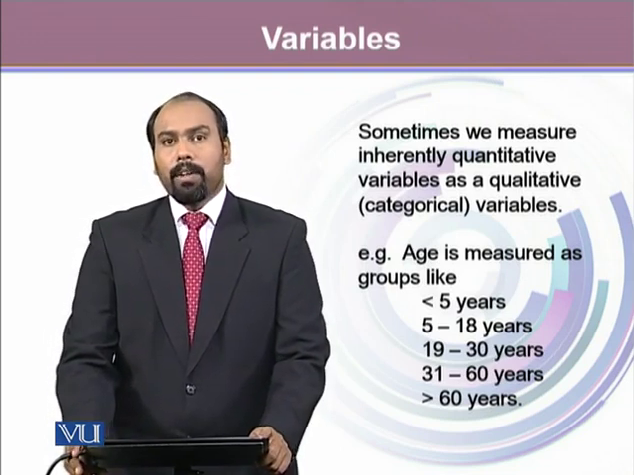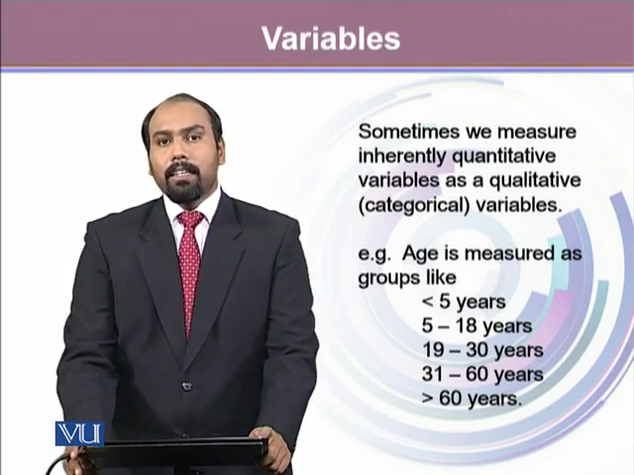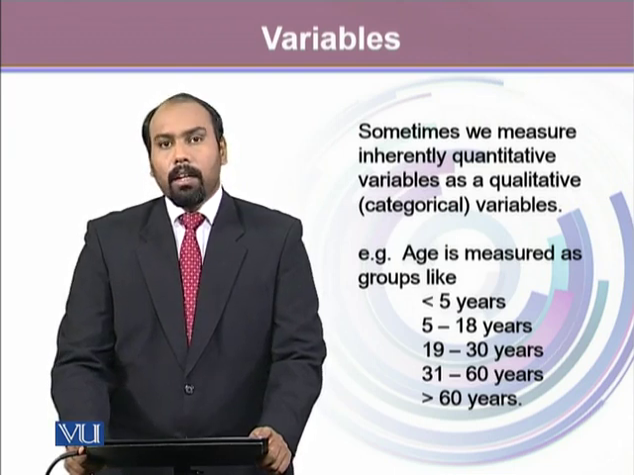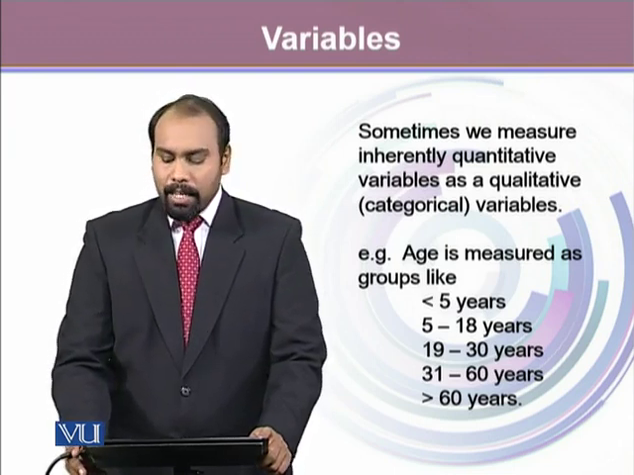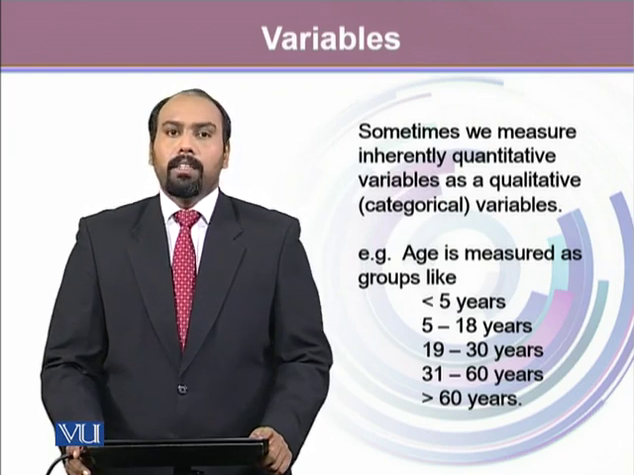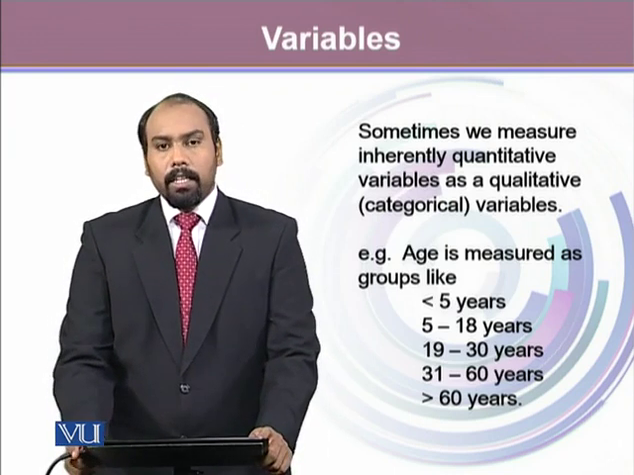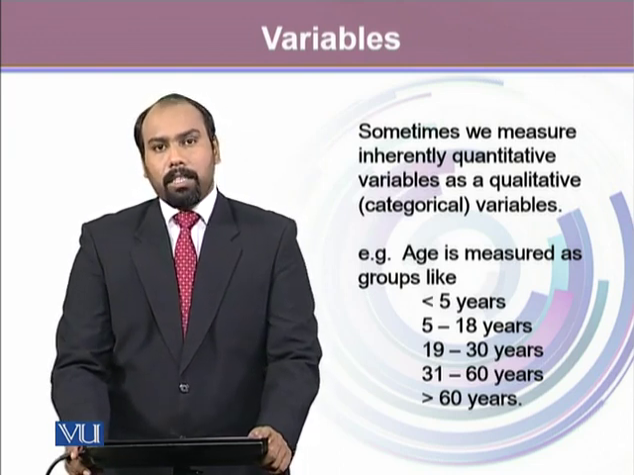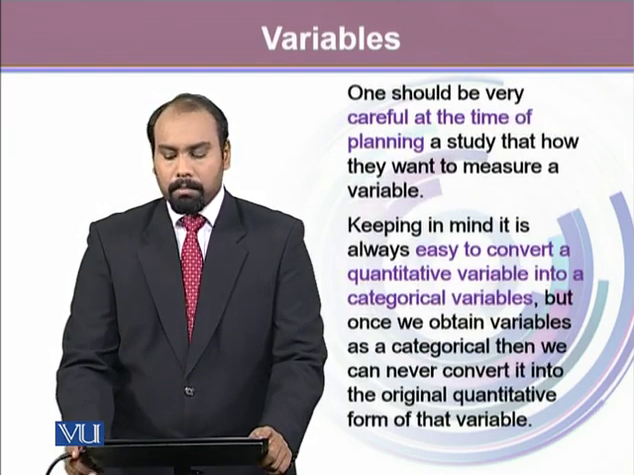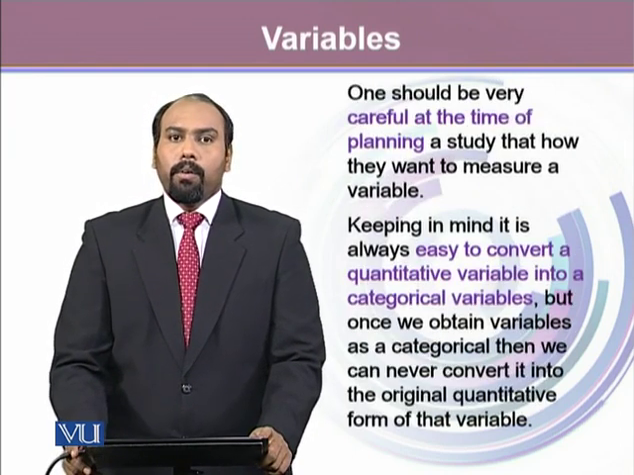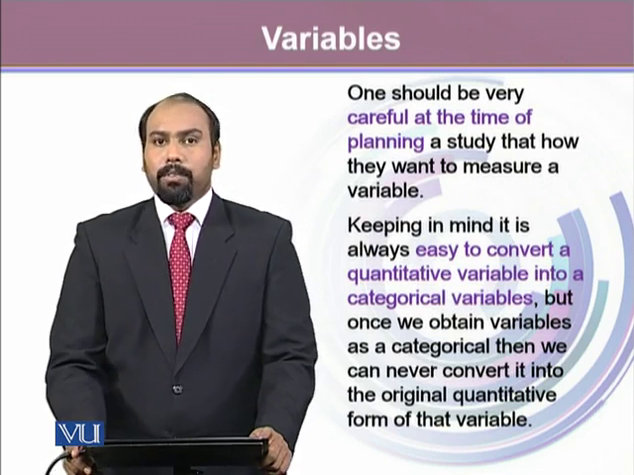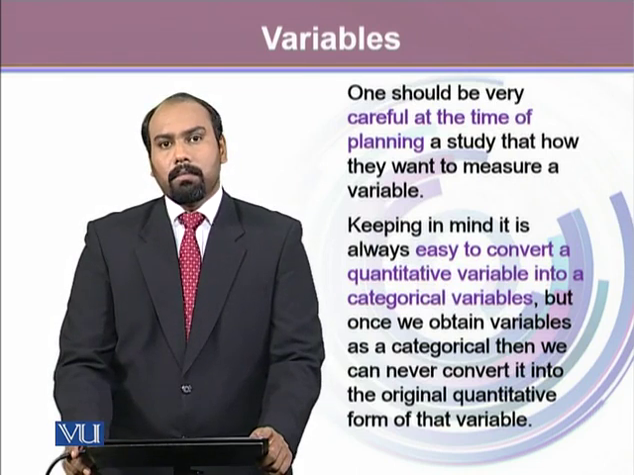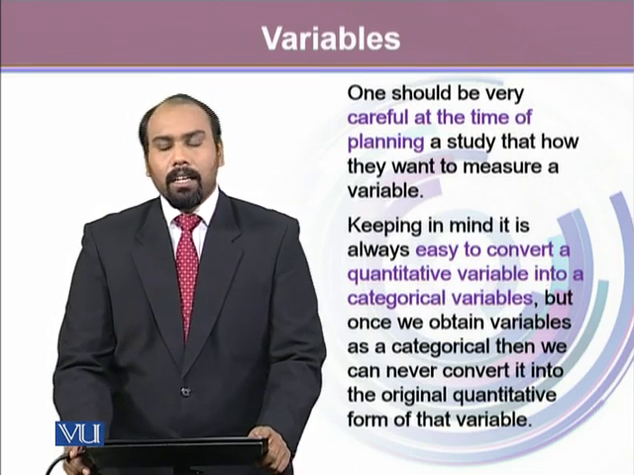Age is one of the very common variables that is inherently quantitative, but we do measure it as a qualitative variable. We often measure age as less than 5 years, 5 to 18 years, 19 to 30 years, 31 to 60 years, and above 60 years. We make such categories for our quantitative variables. While making such a transformation from quantitative to qualitative, one should be very careful about it. This is something that we decide beforehand,